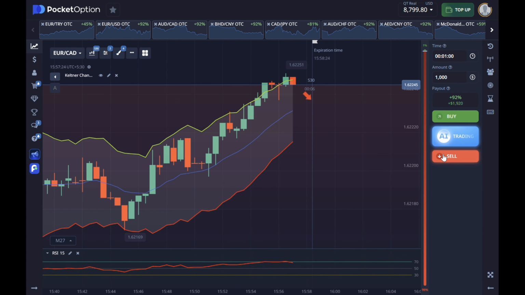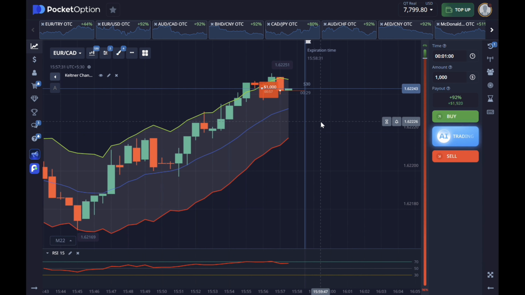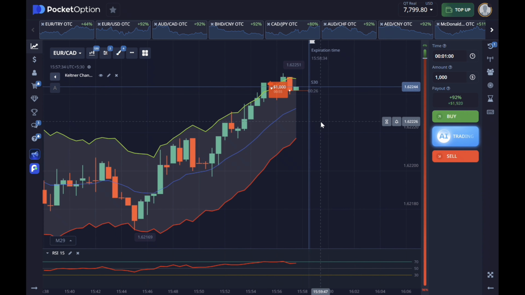Okay, so I have opened the EUR CAD OTC chart here, and now let's see where the market could move further from here. So I feel that from here, the market could go down in the short term, which is why I have placed a down trade here. A $1,000 trade, I took a sell trade here because the market had been moving in a strong uptrend continuously,